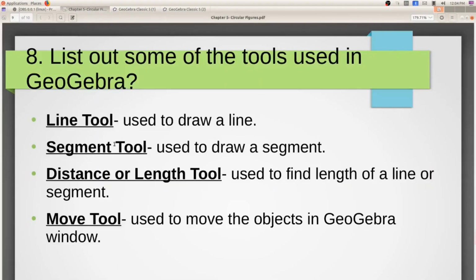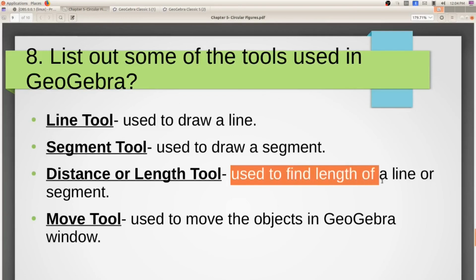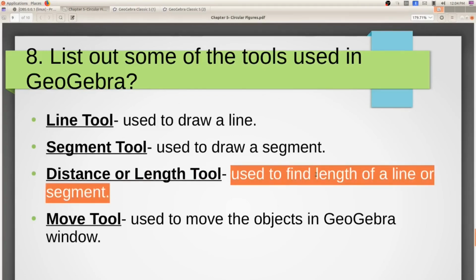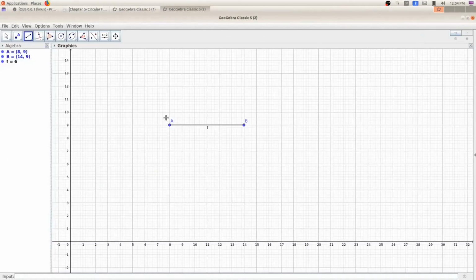Now what is the next one? Distance or length tool, used to find the length of a line or segment. We have already drawn a line or segment, and now we are going to find the length of this line. How to find it? You can see here this tool, angle tools.